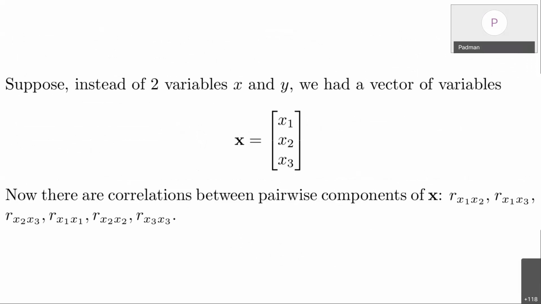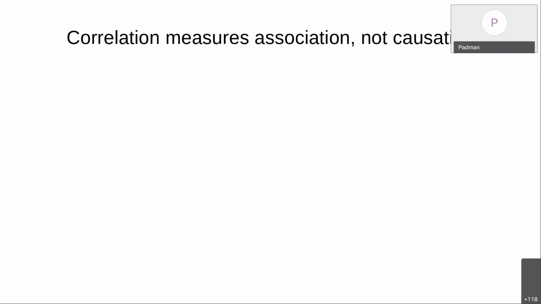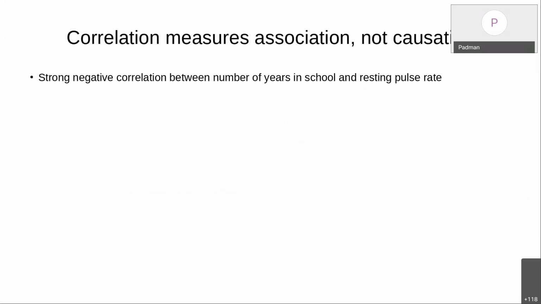I'll skip this part. Let's not get into this now because we don't have time, and maybe we'll come to it later in some other lecture. But what I wanted to tell you, the essence of today's talk, is the last slide. Okay, correlation measures association, not causation. This is very, very important because as data scientists, if you measure correlation, you cannot say it is the cause of something. For example, see in the previous data, we saw a strong negative correlation between